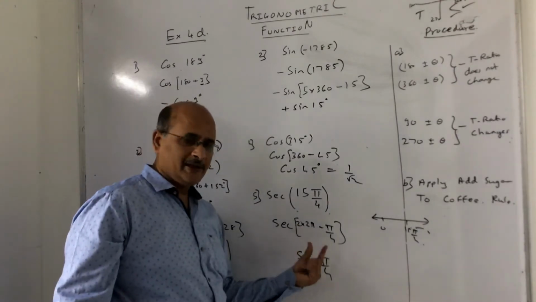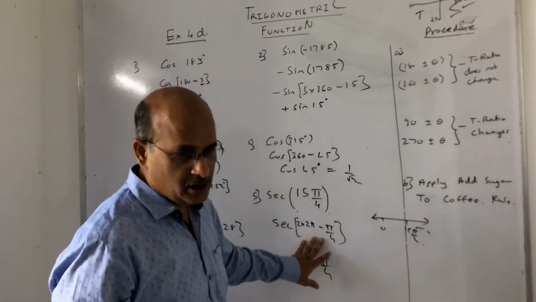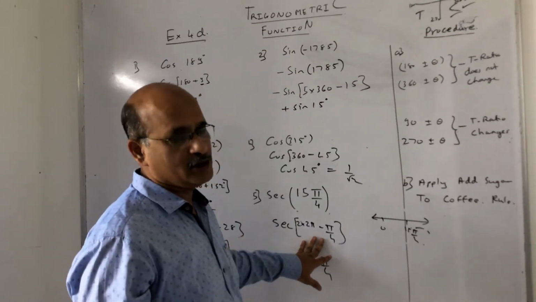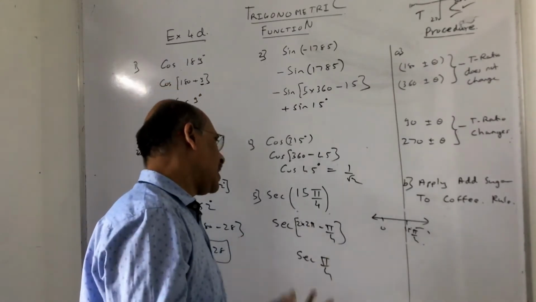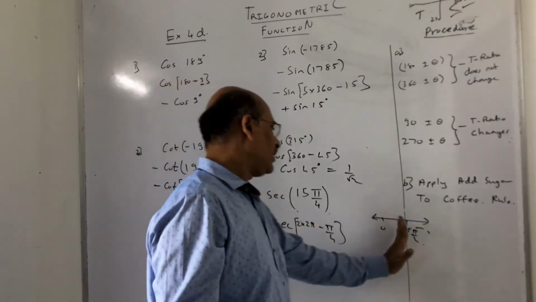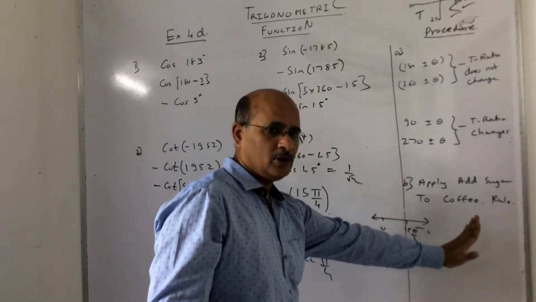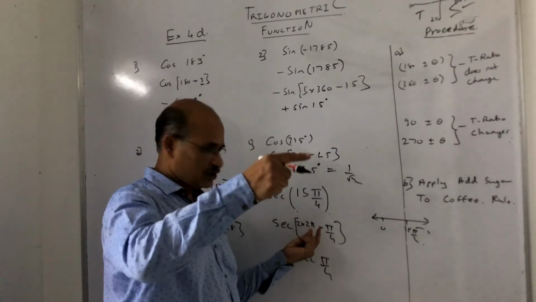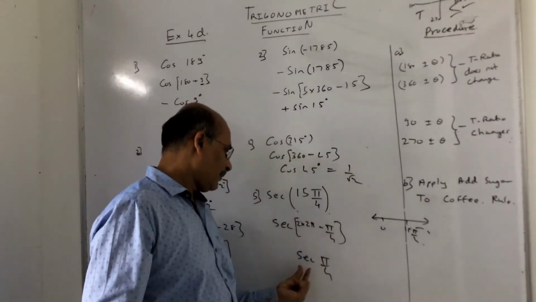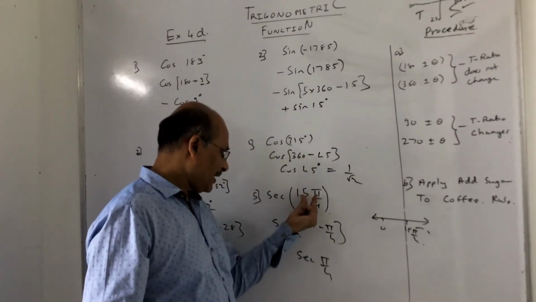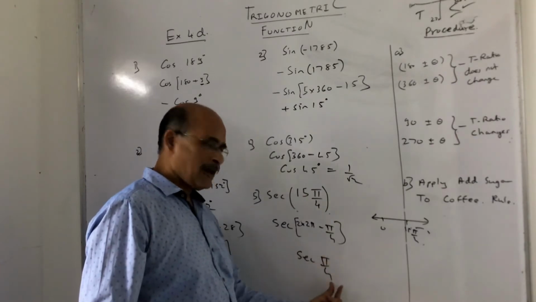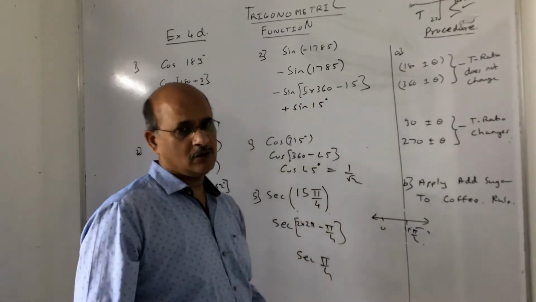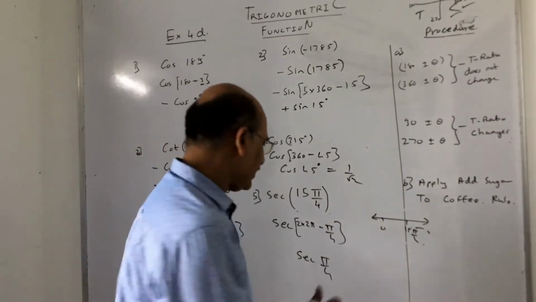The way you write it, it's very simple, it's interesting. But I do understand there will be some points in your mind, to ask, sir, what to write, how to write. I am taking an angle greater than 15 pi by 4. 2 pi in terms of cycle is one complete cycle, 360 degrees. So 360 minus pi by 4. So eventually I am getting the same answer. So sec pi by 4. Now sec pi by 4 is what? It is the reverse of cos. That is nothing but root 2.